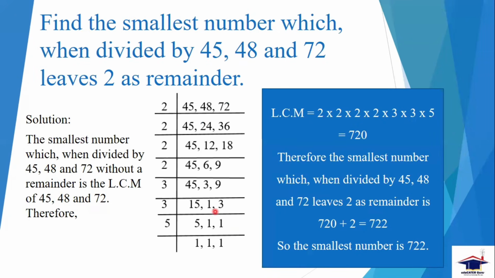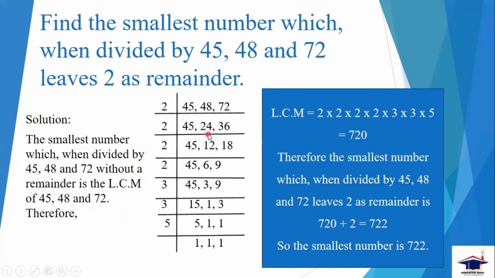So another example I have taken. Find the smallest number which when divided by 45, 48 and 72 leaves 2 as remainder. So here you have to be very careful. In the previous problem, they told 0 leaves no remainder. But here they have asked 2 as remainder. Therefore, the smallest number which when divided by 45, 48 and 72 without a remainder, then the LCM is